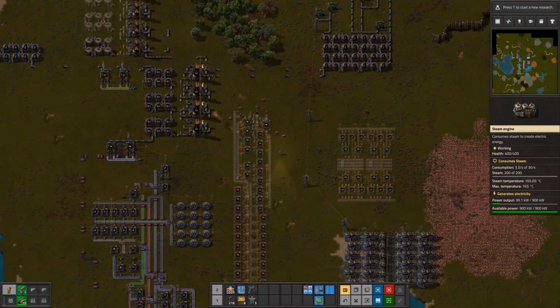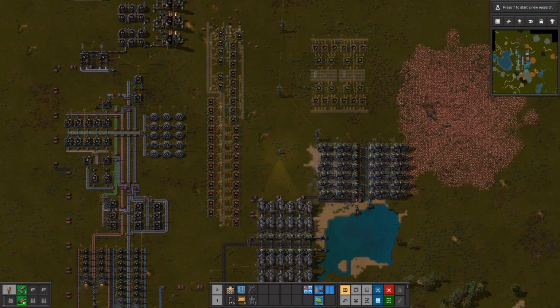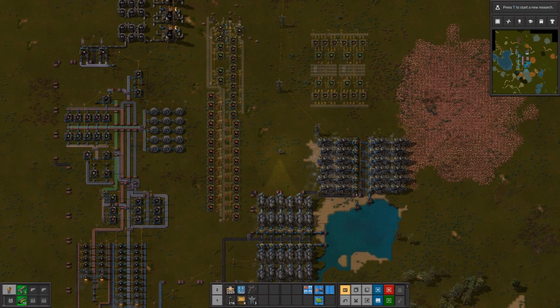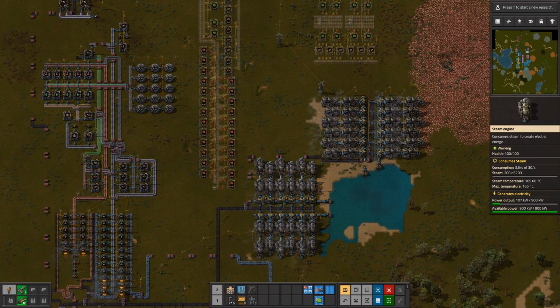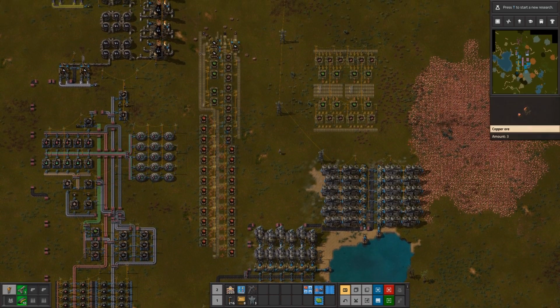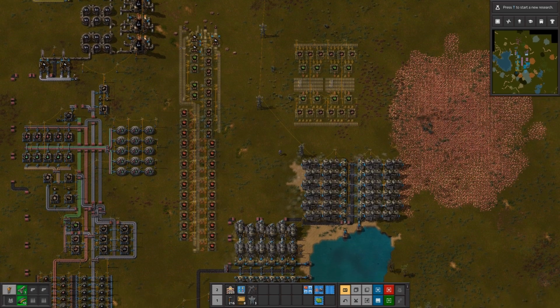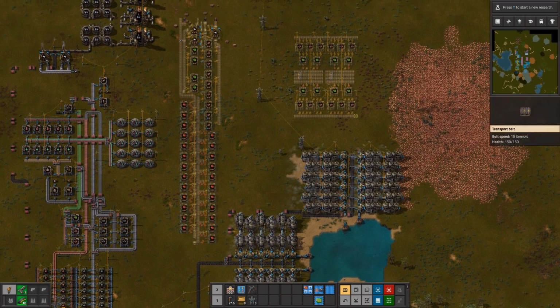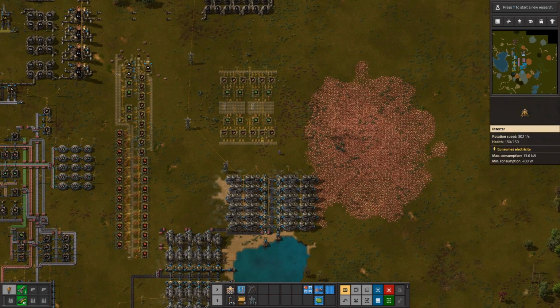Okay, we're still good. I'll probably set up some more steam engines later. I just like to have a nice little cushion of energy. I mean, all things considered, I have like 4 dozen steam engines working here. Never hurts to have more. Okay, I will set up some drills to... Well...